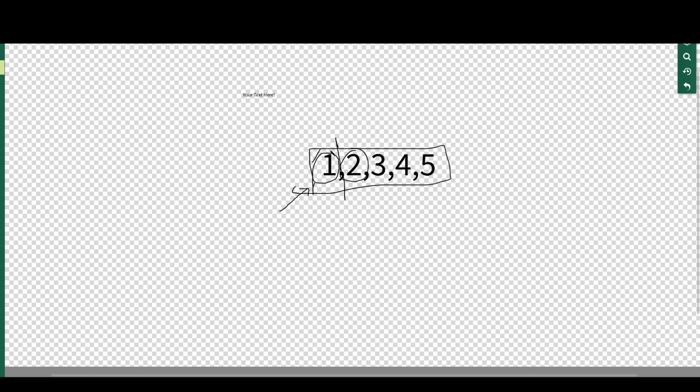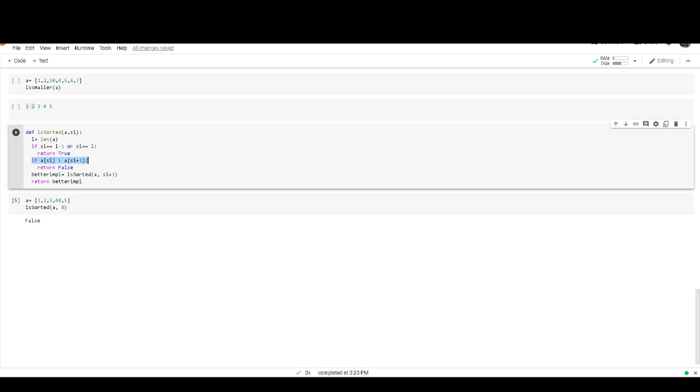We can forget this one. It is successfully implemented because 2 is greater than 1, so we can remove this one. Again we compare 2 and 3. If A of index is greater than index plus 1, it should return false.